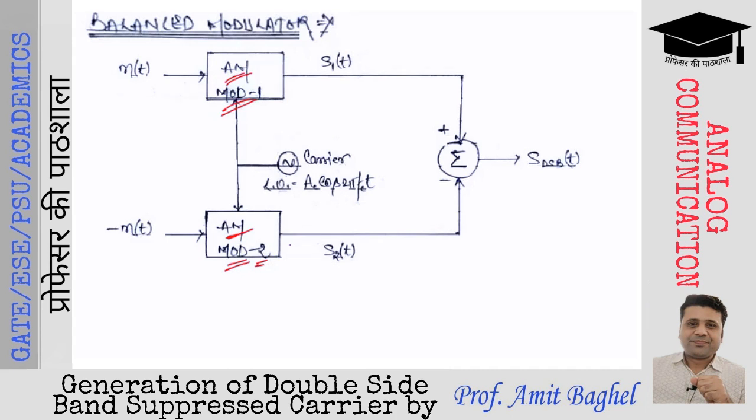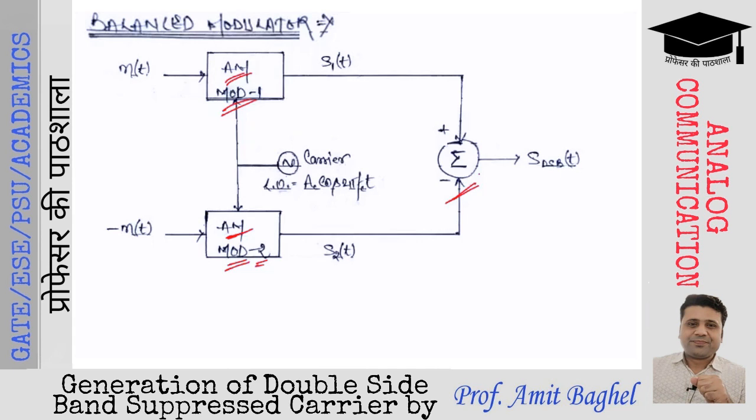We have one summer to sum the outcomes of the standard AM modulators. So basically, we have three components in the balanced modulator, which is going to be applied to generate the DSBSC